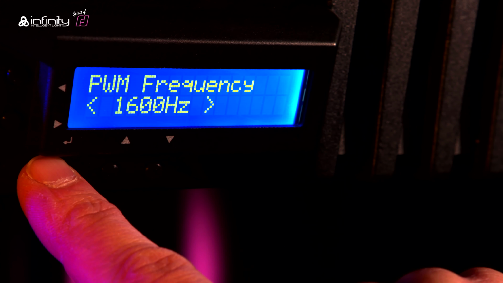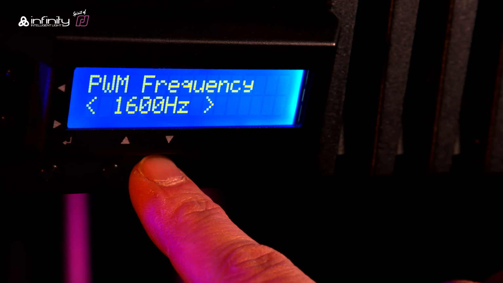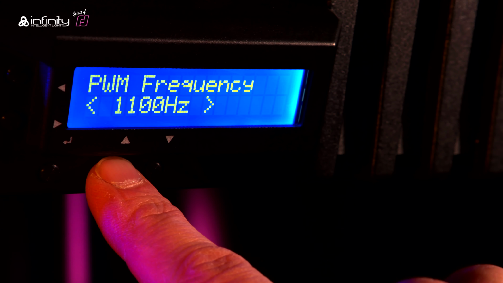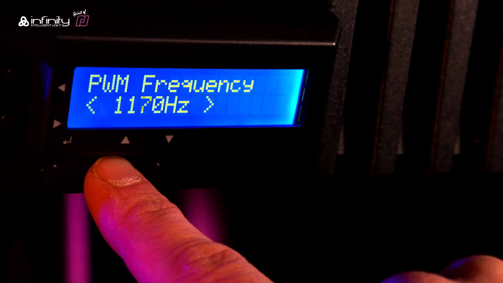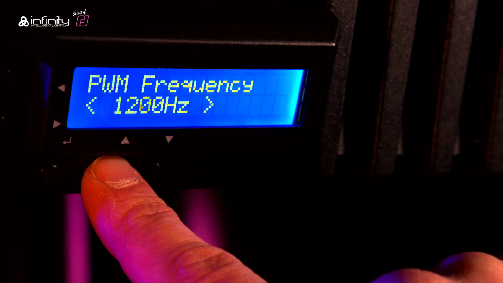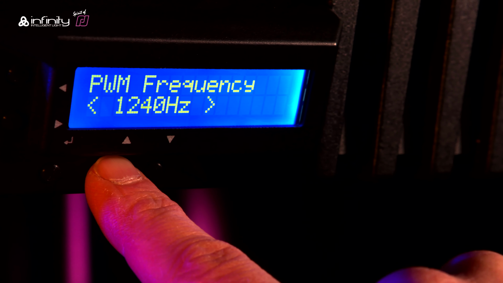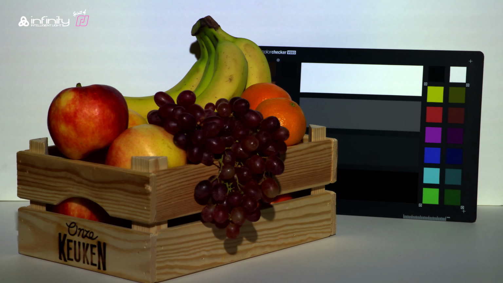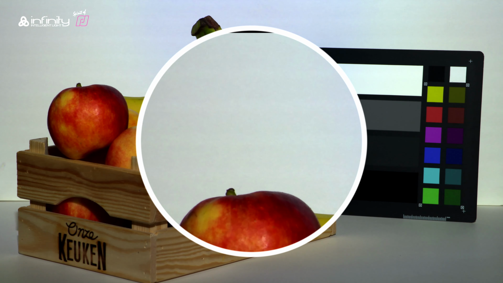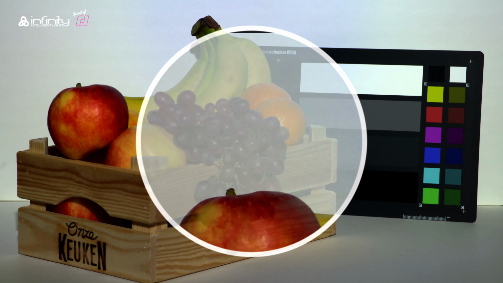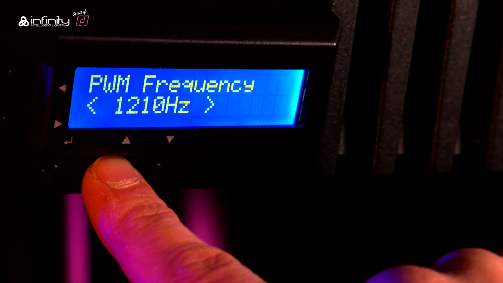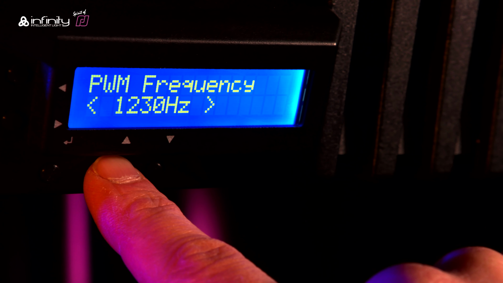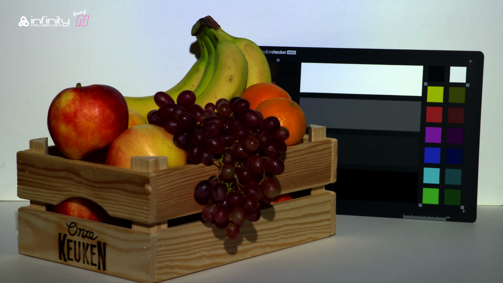The Infinity fixture has a PWM range from 1.1 to 1.6K, which might seem low, but the clever thing about it is that it can be incremented or decremented in steps of 10 hertz. So even if I'm running into interference or a rolling shutter, I can adjust the PWM frequency by just a little bit to get what I need, while at the same time maintaining the super high resolution for the dimming that we need for smooth dimming.